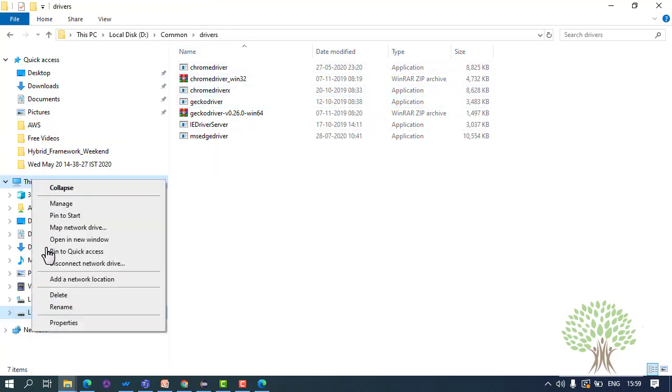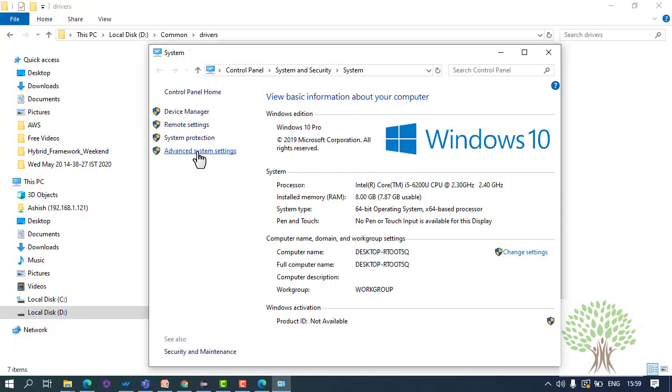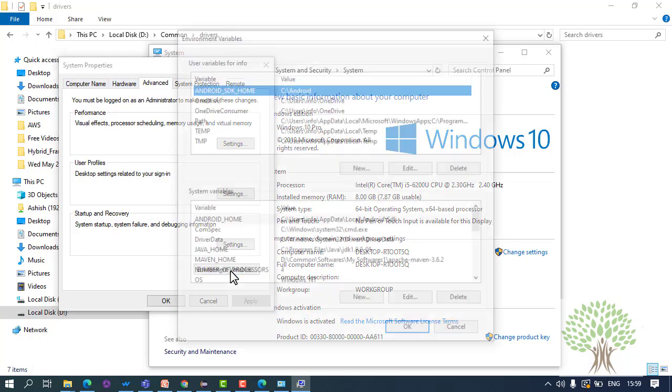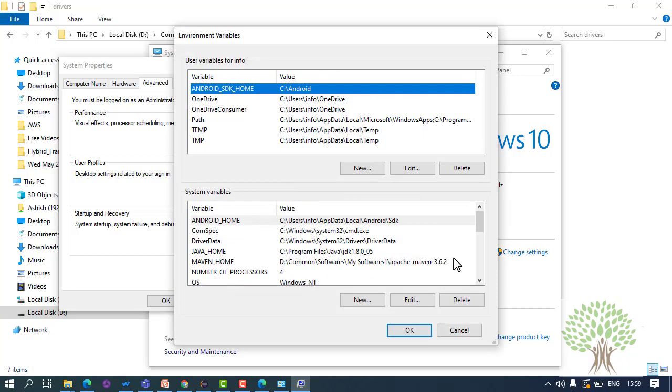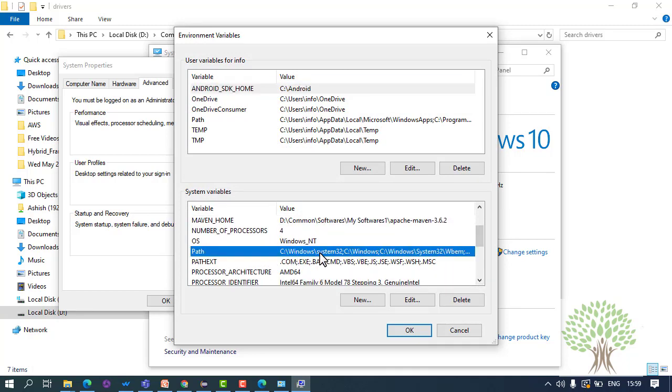Right click on My Computer, go to properties and go to advanced system settings, and go to environment variables. Under the advanced tab, you click on environment variables and you search for an environment variable known as Path.